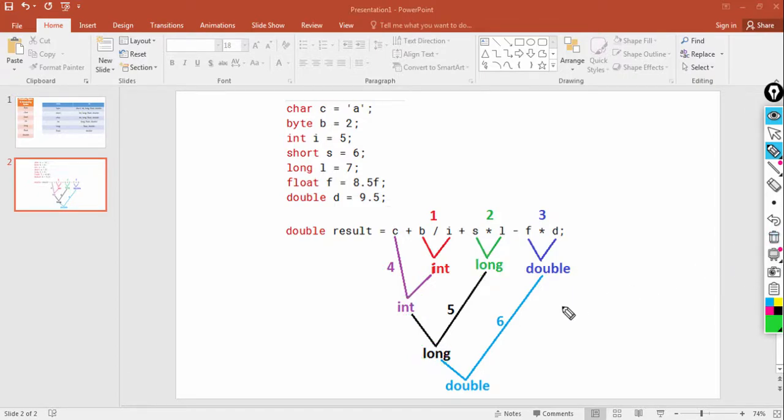Then in the last step, we have got one operand as long and the second operand as double, and the operator is minus, okay. So this long will also be converted into double, so the final result that will come out will be a double value, okay, and that double value will get assigned into this result variable. So you can see how this expression gets solved.